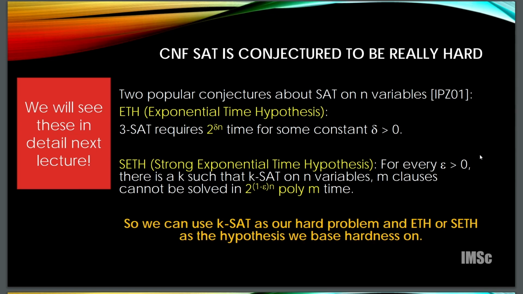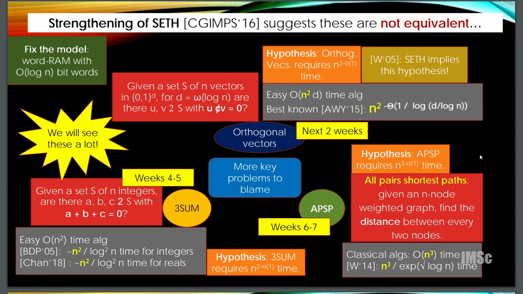This is one big assumption we are going to use, that general k SAT, by that I mean k is large, cannot be solved in something better than 2 power n. That is one assumption. Maybe that assumption is enough, so I will not even get into the other assumption now, at least for this lecture, and it is called the strong exponential time hypothesis.